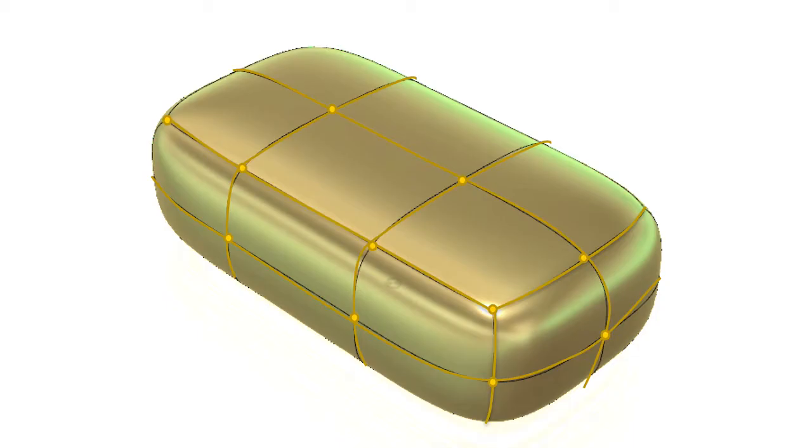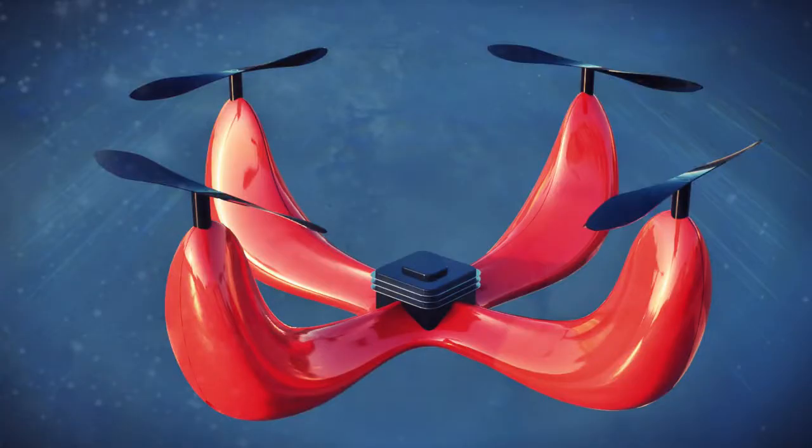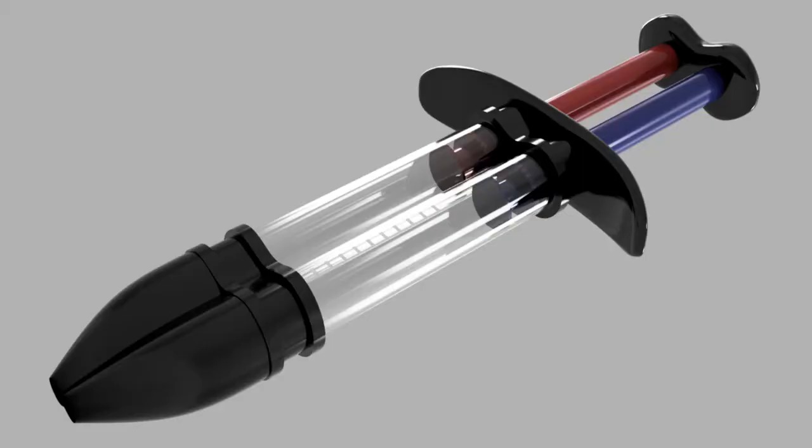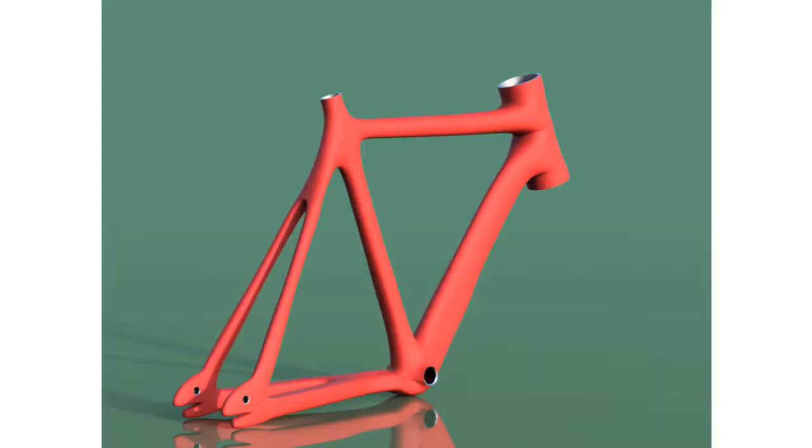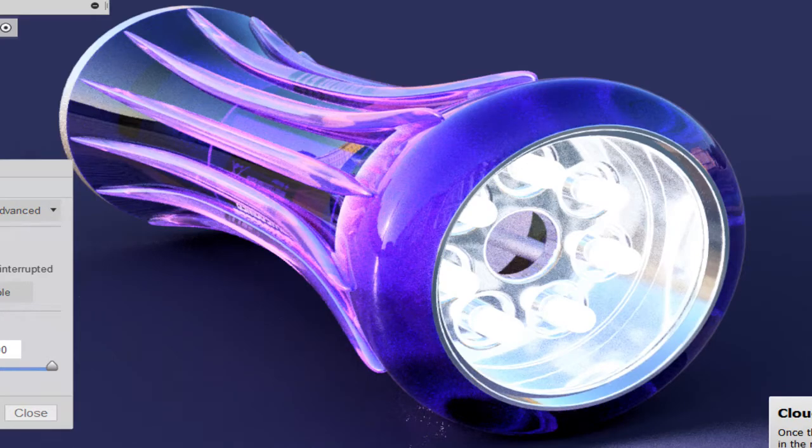Here's some models I've worked on. So here's a quadcopter body using those T-splines to create a really smooth aerodynamic shape. Here's a medical device. It's a mixing syringe, so it combines two different materials, and I used T-splines for the handle and where I put my thumb to make those ergonomic. This is a concept rendering for maybe a bracelet or jewelry. This is a bike frame using T-splines, flashlight housing,